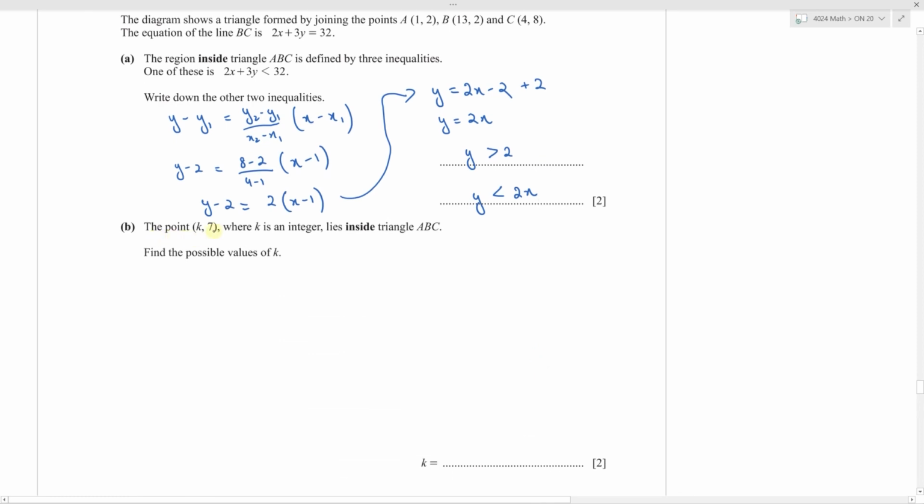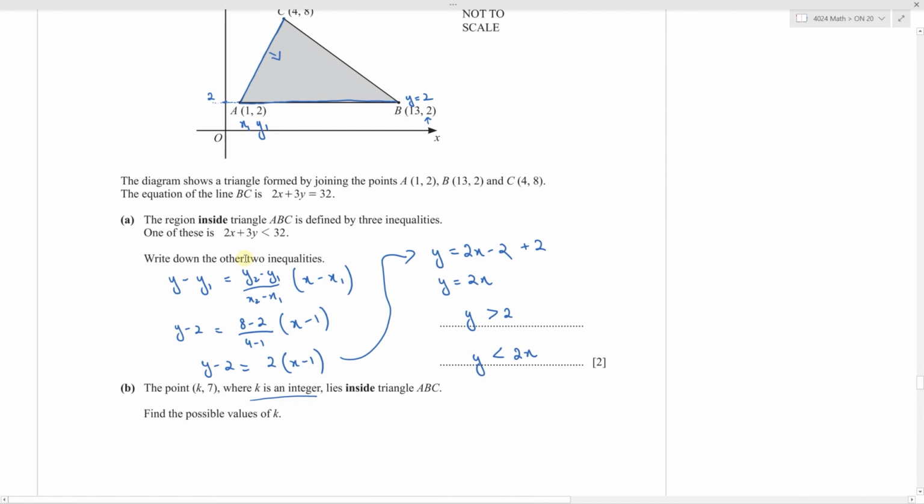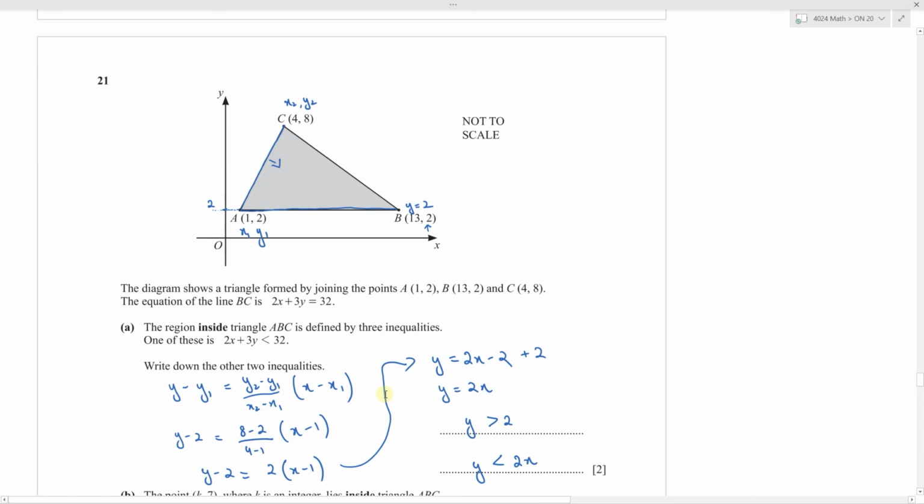Part B: the point (k, 7), where k is an integer, lies inside triangle ABC. Find the possible values of k. So the point which has coordinates (k, 7) is inside the triangle ABC. So the y coordinate is 7. So let me just erase this. Here we have C, which has coordinates 4 and 8. So if I draw a straight line to the y-axis, this will come here at 8. So 7 will be somewhere here below. So if I draw again a straight line,